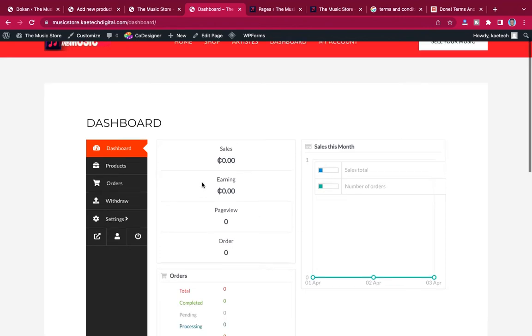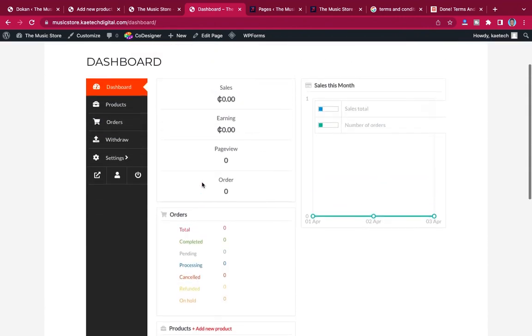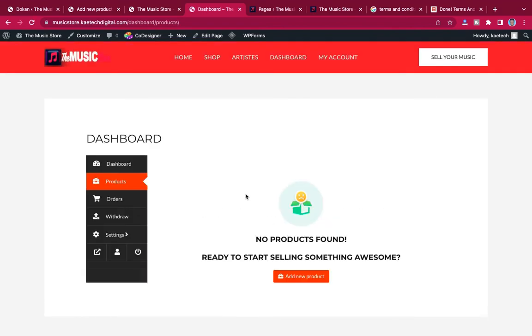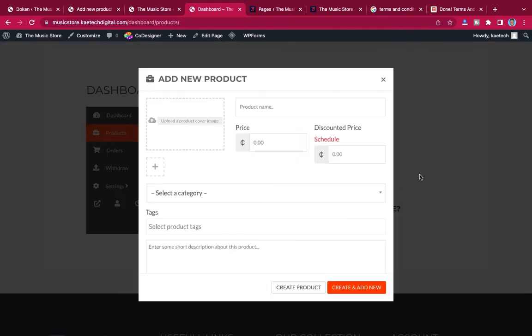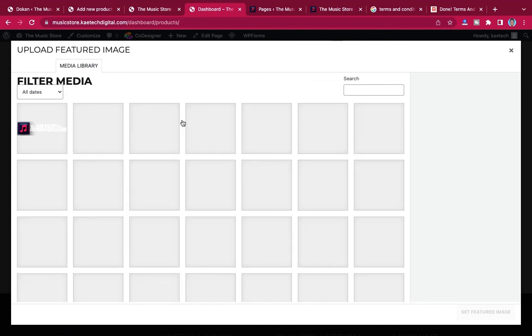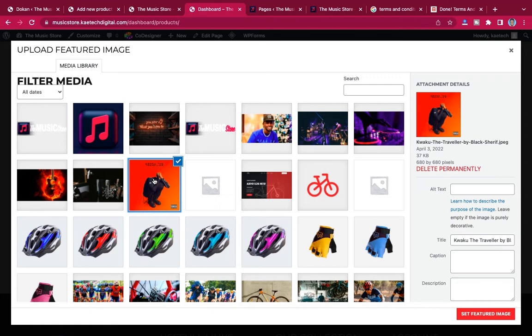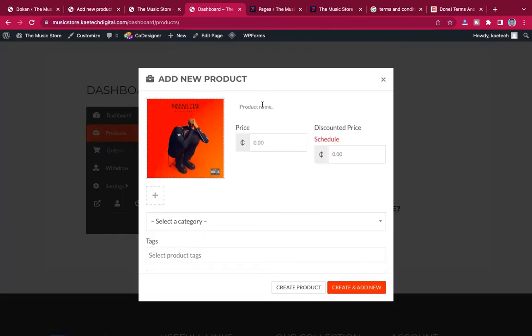Okay, so we are almost done, and what we need to do is to create our product. So click on product. We are creating the product from the front end. Click on product, and then click on add new product. Now upload your cover image. Okay, so the first product that we're going to create is this one over here, and then we'll call it Kweku the Traveler. Okay, so I'm going to set it the featured image, and I'll call this one Kweku the Traveler, and I'll